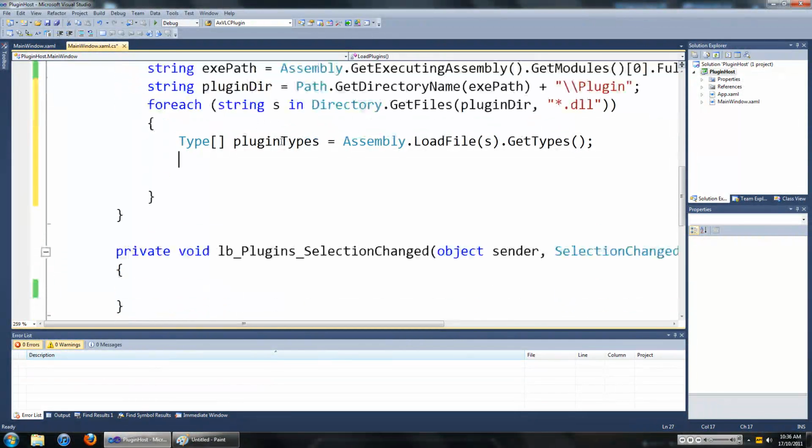And now we're going to do another foreach loop to enumerate through all the types in that plugin.